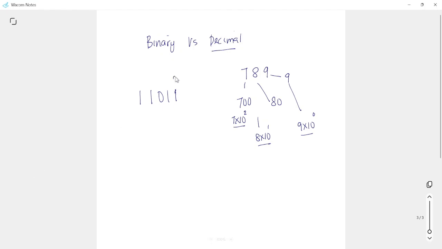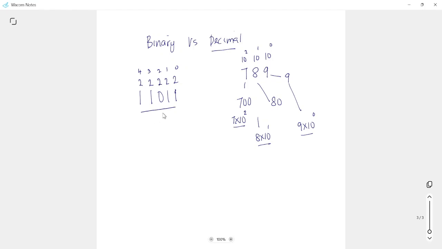So this is nothing but 2 to the power of 0. Just like this is 10 to the power of 0, 10 to the power of 1, and 10 to the power of 2, this is 2 to the power of 0. This is 2 to the power of 1. And this is 2 to the power of 2. 2 to the power of 3, and 2 to the power of 4. So if I want to write this number